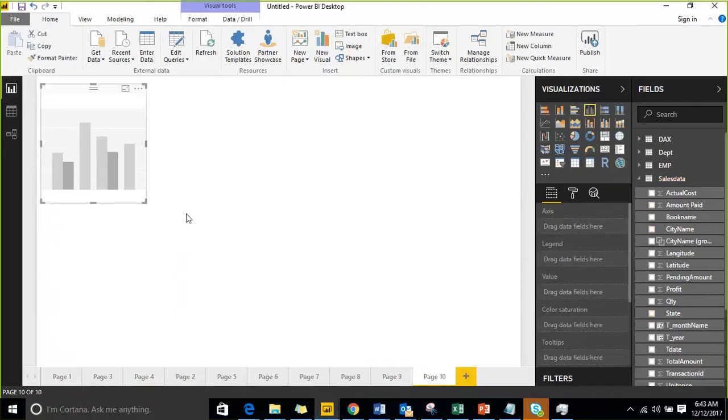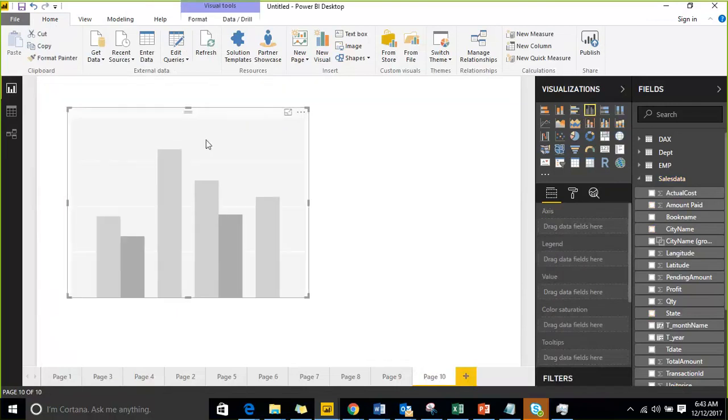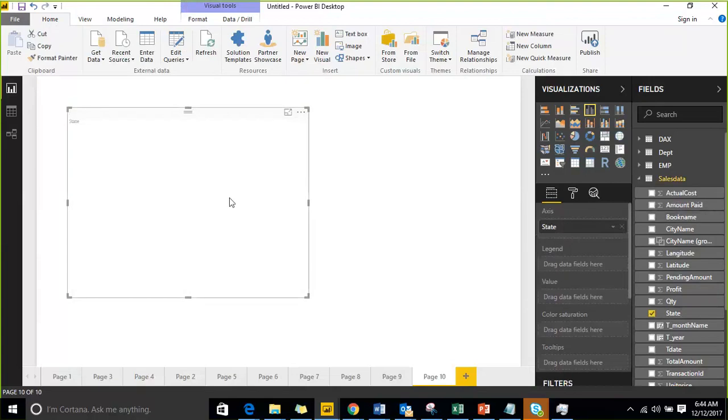hierarchical data is nothing but whatever the relation between the dimensions: region, country, state and city, or product family, product category, subcategory, product name, or you can consider year, semester, quarter, month, where 2 or 3 columns are having a relationship together, that we used to call hierarchical data. Whenever you are having hierarchical data, that hierarchy can be represented in a single visualization instead of creating multiple visualizations. If you want to represent a hierarchy,